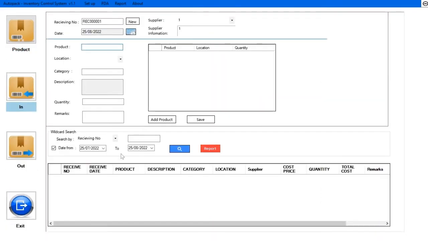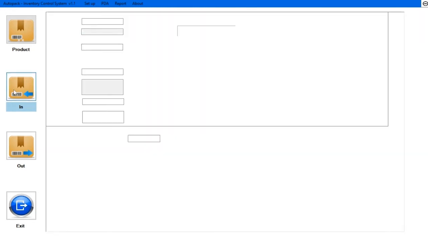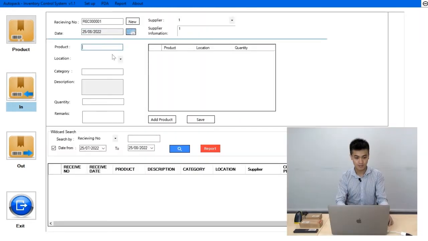So now let's simulate stock coming into our warehouse. This is done by pressing in, receiving number, and start to scan. So for example, we scan product 1, select the level, and the number of product 1 coming in.